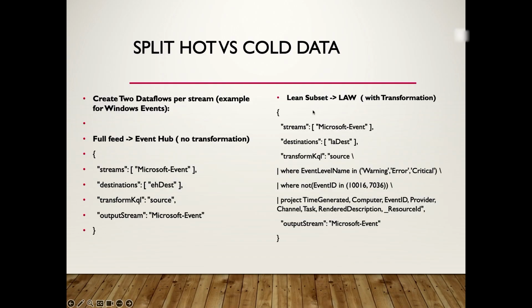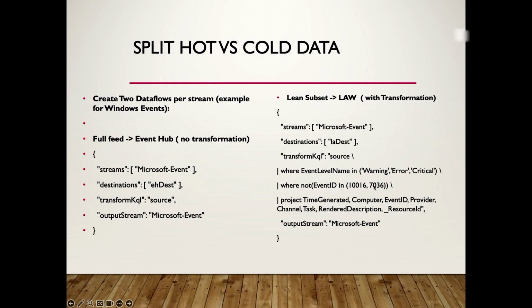As far as the other one, the subset for the Log Analytics workspace, this is with transformations. It's still in the data flow section. We create the streams, Microsoft-Event. The destination is the LA dest, the Log Analytics destination. The transform KQL is source, but now we're saying we only want the warning and the critical, and we're not going to be choosing events